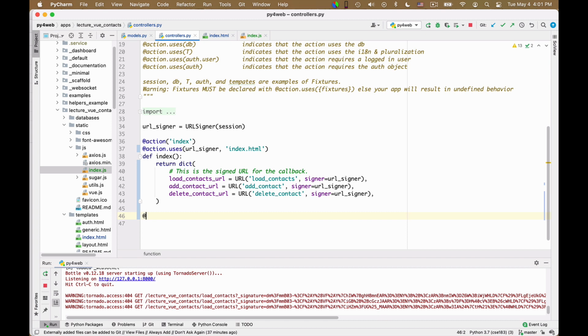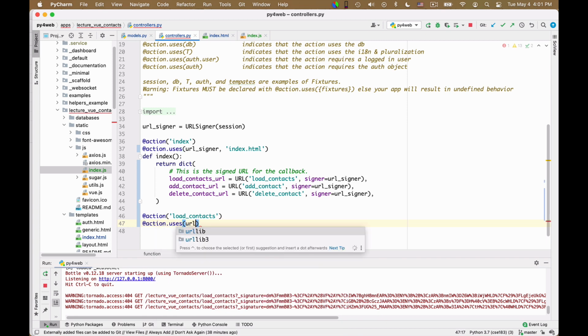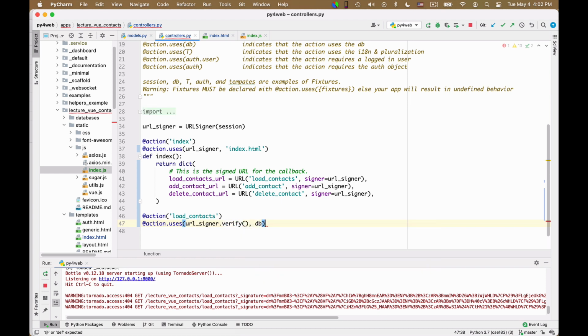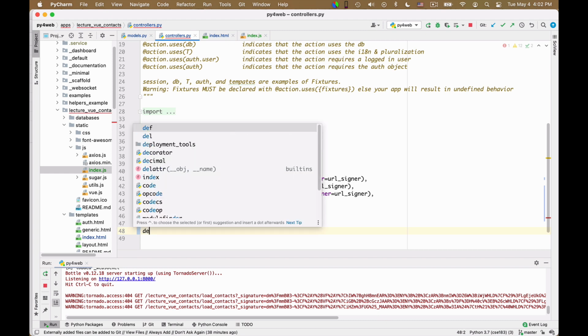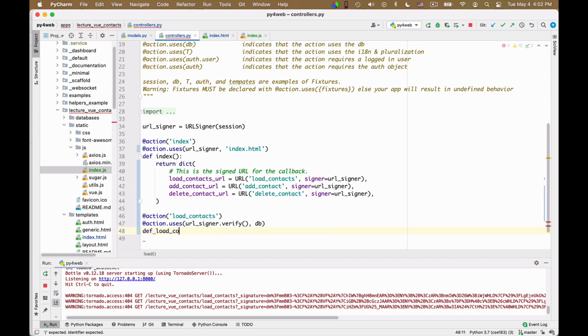So here the action has to be load contacts. Action.uses URL signer.verify. I want to verify the URL, and it also uses the database. Def load contacts.